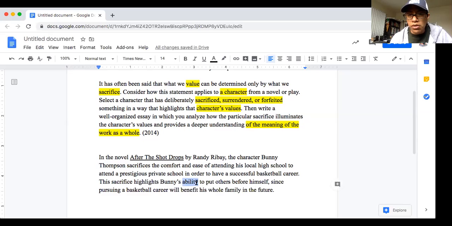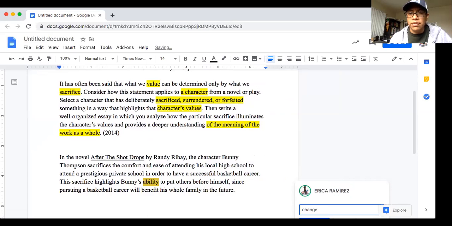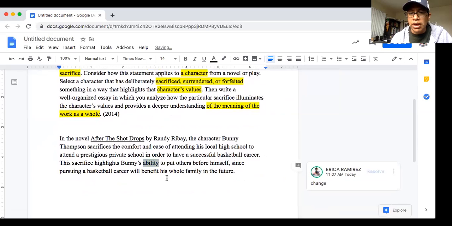So what I usually do, if I'm going to look back at something that I'm not really liking yet, is just say "change," so it reminds me that right now I'm putting my ideas out there, but eventually I don't like the way that sounds. So even if this was my thesis, my intro paragraph, that's fine. I obviously would want to go back and see if I can make this more robust.